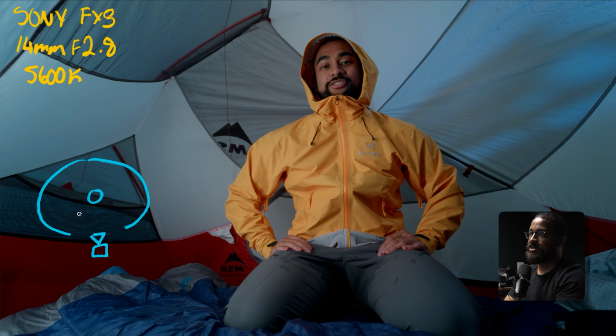And then we're shooting at 5600 Kelvin, but what was really interesting here is what we had to do to simulate that a storm was going on. So if we kind of draw this tent, the opening is right there, and then the camera is almost on the floor pointing up at our main talent who's sitting here. We had to get really kind of scrappy with this, and this is what usually any filmmaking is, especially when it comes to branded commercials like this, as well as short films. I've seen this done on a lot of short films, and even in my narrative work, tubes are your greatest friend. And what we did is we just leaned up a tube against the edge, and I believe somebody was holding it and kind of had it tilted up. And this was basically lighting our entire tent. And this was set at relatively like 25%, something super low. And this is set at 5600 Kelvin to kind of give us that naturalistic daylight